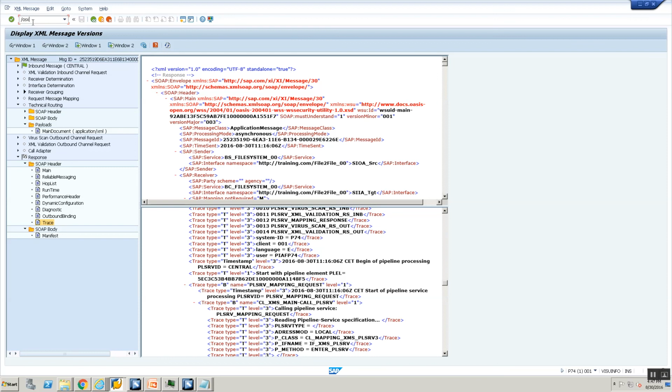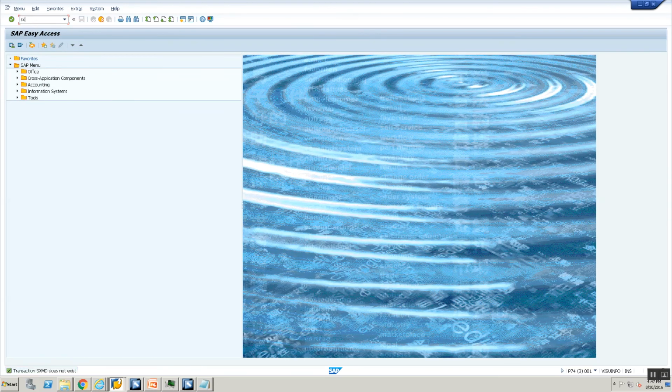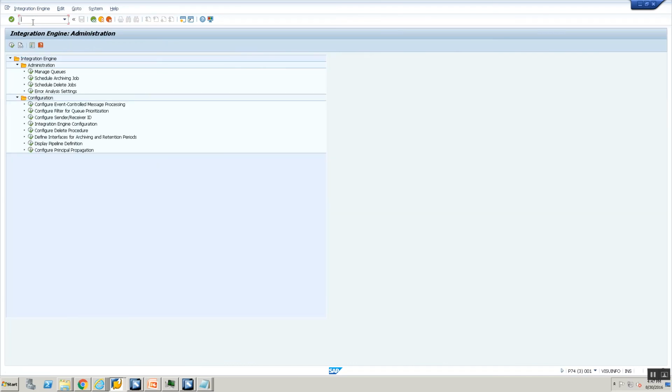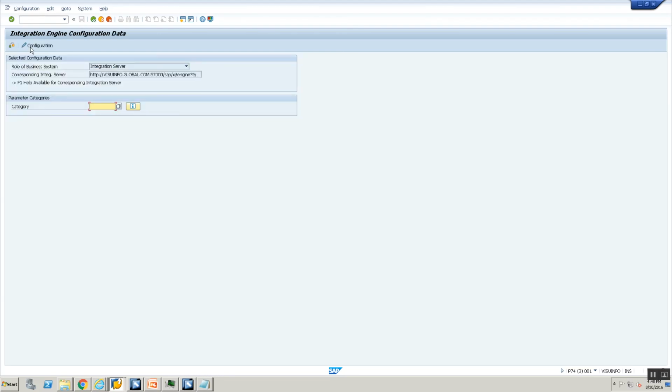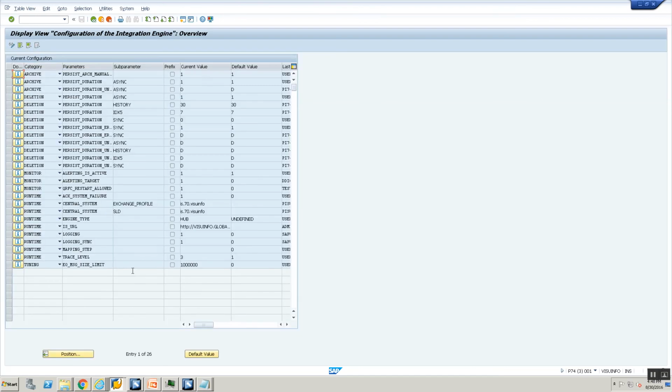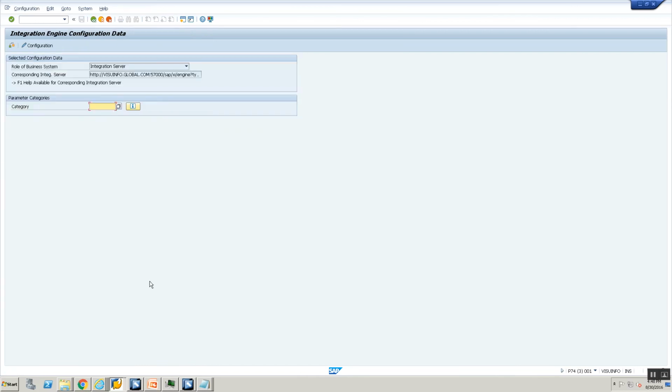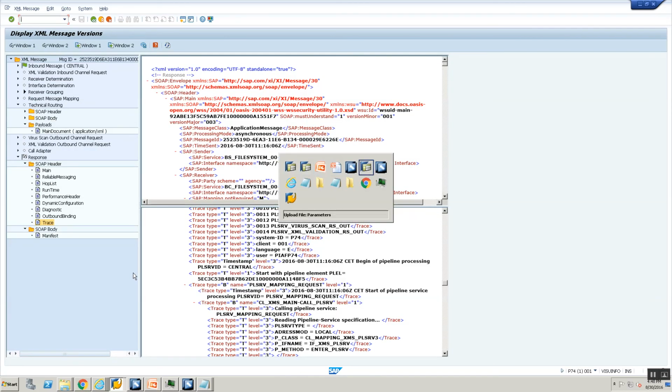So let's go ahead and make a change to make the trace level 1 instead of level 3. So how do we do that? Go to transaction sxmb_ADM. I'll repeat, sxmb_ADM. Go to this transaction, and once you come to this transaction, go to integration engine configuration, specific, and go to this change configuration, and then again go into change mode, and then set the trace level. If you see the trace level, the current value is set to 3. Change it to 1 and then save. Okay, next exit. Now let's upload my file,